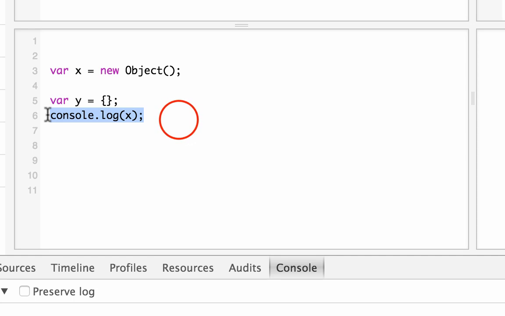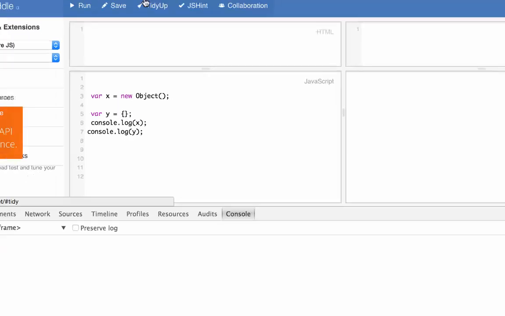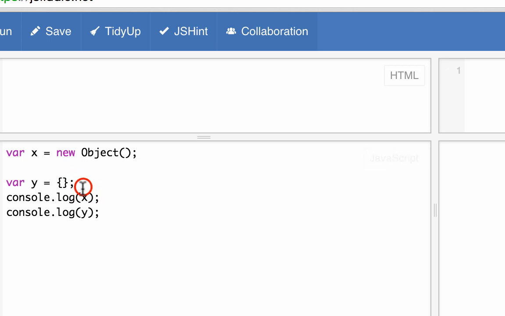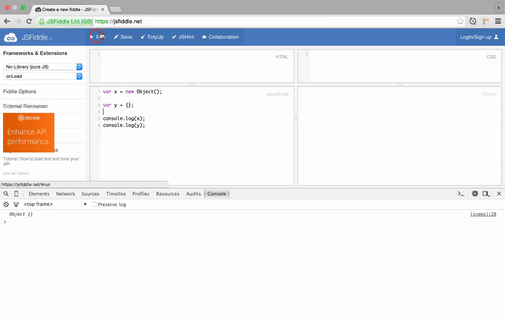So let's see if it creates what we're expecting it to be. I'm going to pass y here. There's a button here called Tidy Up. When I click here, it tidies up your code. It doesn't actually do vertical tidiness, but it does the horizontal tidiness. Now, when I run it again,